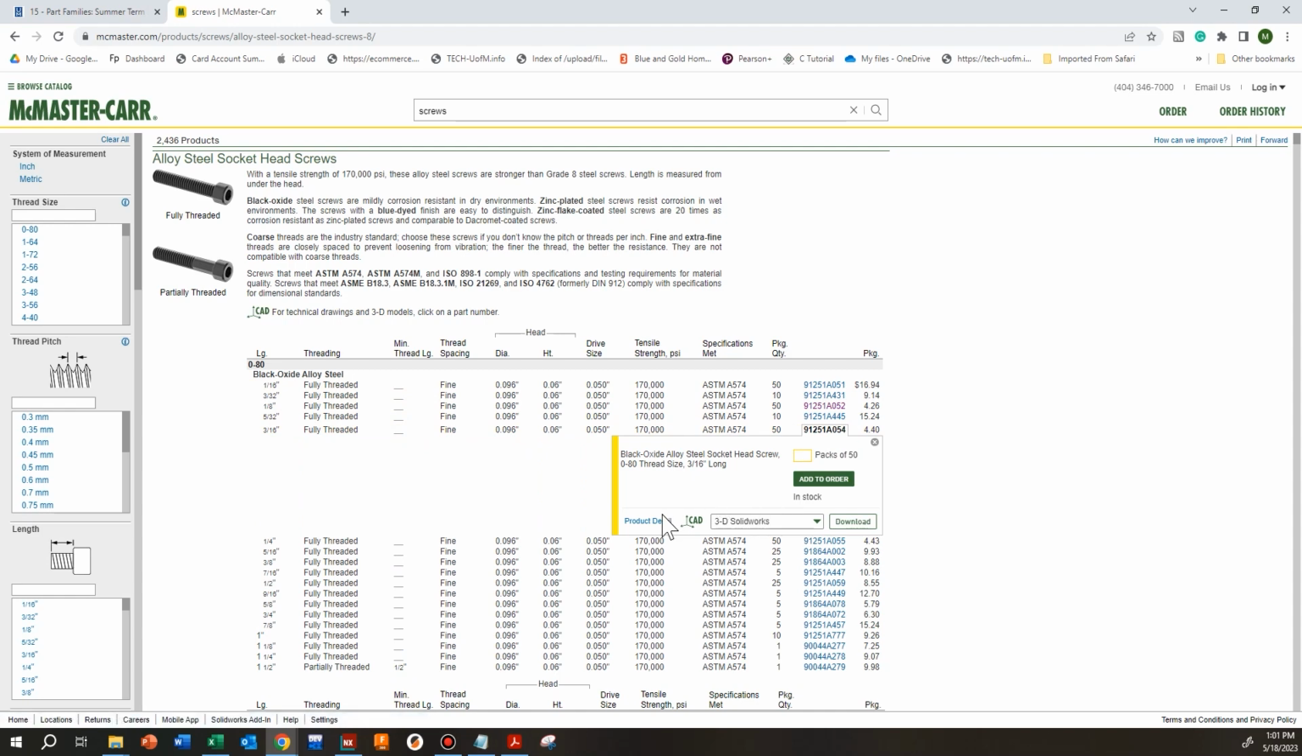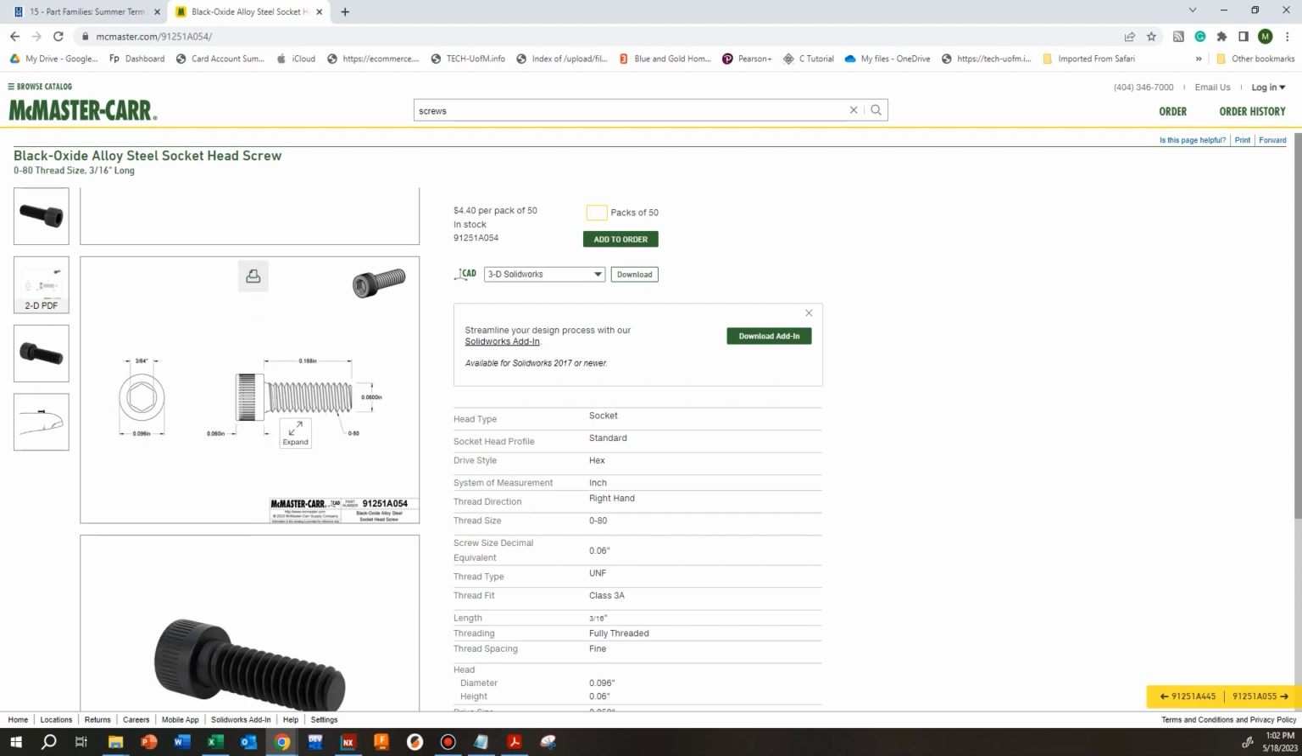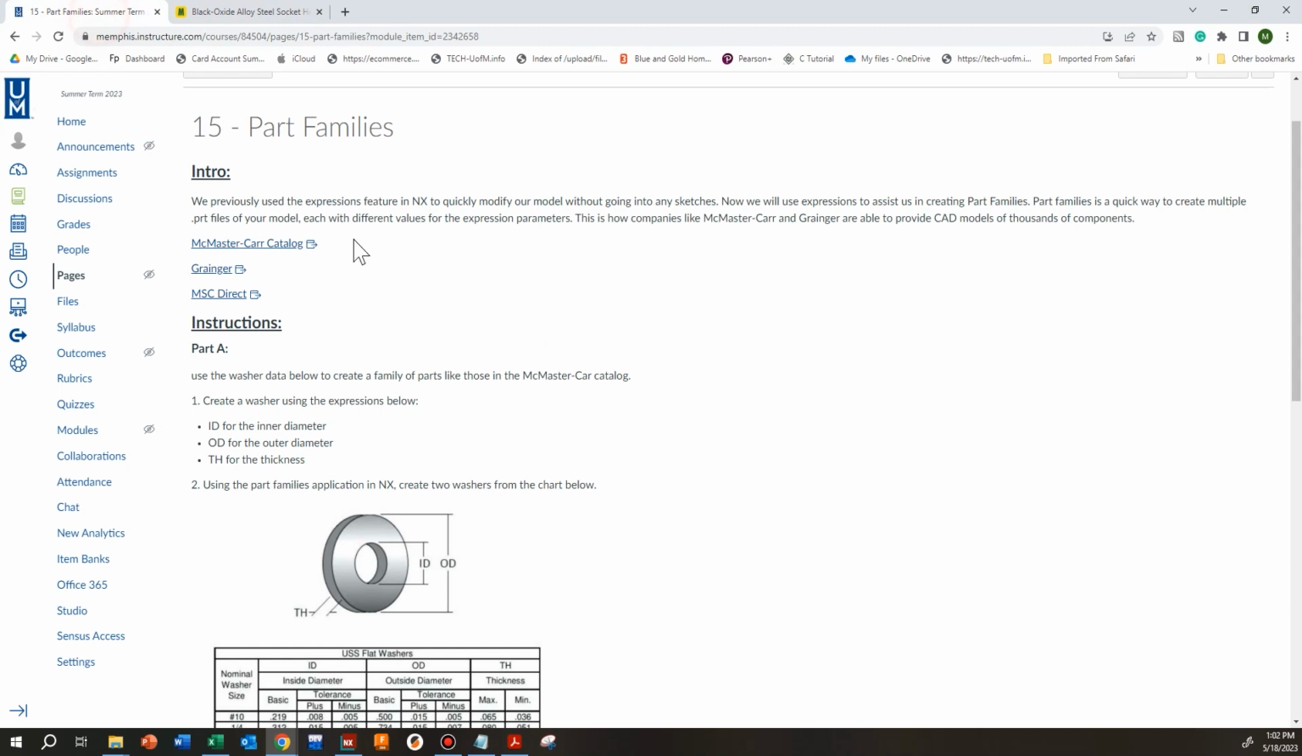The part family would allow you to create these parameters. So maybe the thread length, the OD, the thread. We put all these in parameters, and then you can just change those parameters and make different parts very quickly. And that's what we're going to do with our